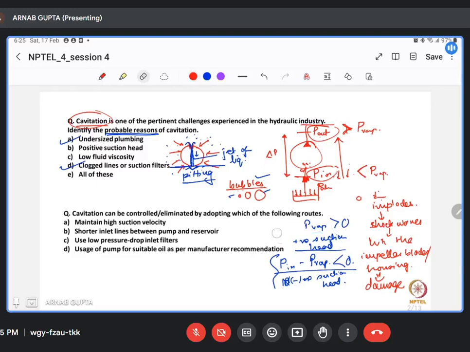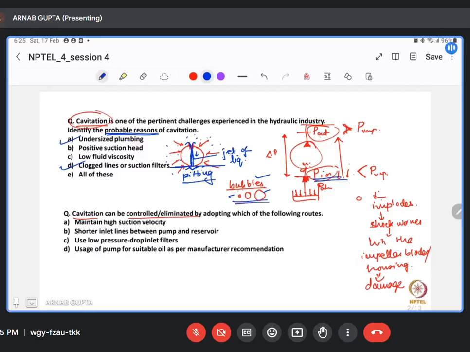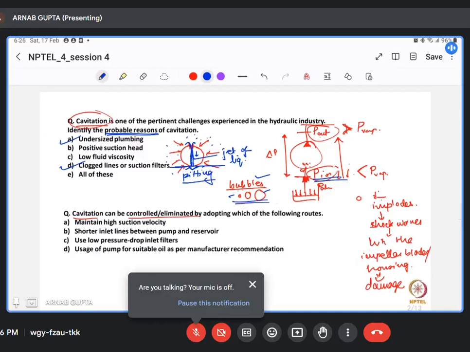Now moving on to the next question. It's also related to this. How can cavitation be controlled or eliminated? As we already said, if we can somehow increase this particular P in value, then we can eliminate the possibility of formation of these bubbles. So to do that, generally we maintain a high